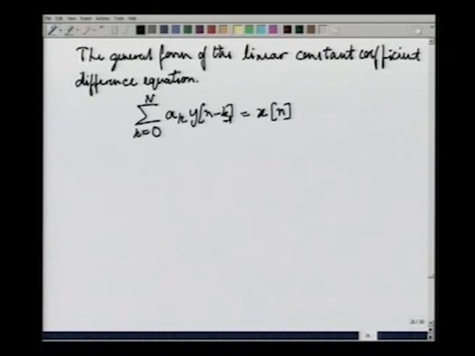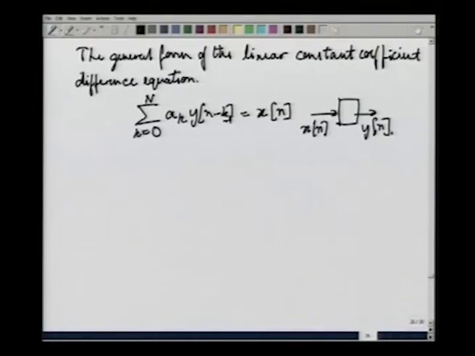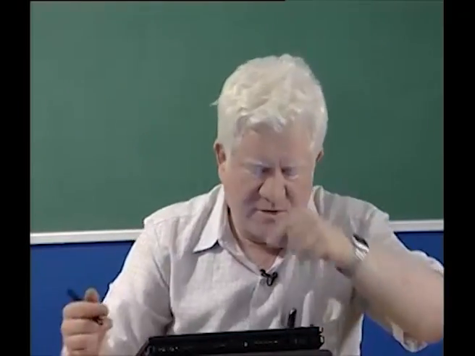So, we believe that this should correspond to a system where x n is the input and y n is the output. Before we proceed further, let us try to understand how these y n minus k that we have, which are essentially shifted versions of y n shifted by different values of k, and scaling each of them by a k and adding them up, how this really matches or resembles the earlier differential equation that we had.